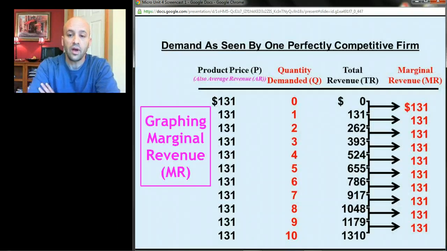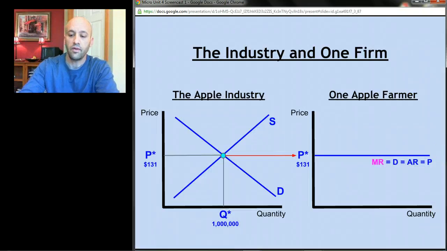All right, finally, when we graph out marginal revenue against a series of possible quantities, notice the numbers again. Marginal revenue is the same thing as this line as well. So for a perfectly competitive firm, in the individual graph, marginal revenue, demand, average revenue, price, they're all exactly the same thing. They're this horizontal line. And a little shortcut to remembering this, there's a little acronym you can use to always label this graph the right way. All right, going to stop it there, but as we go on, we're going to continue on building